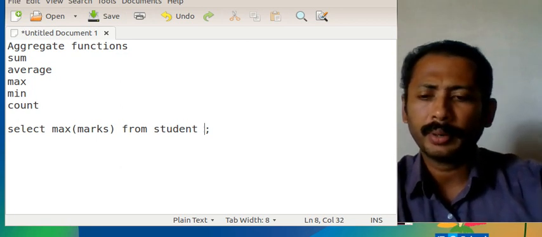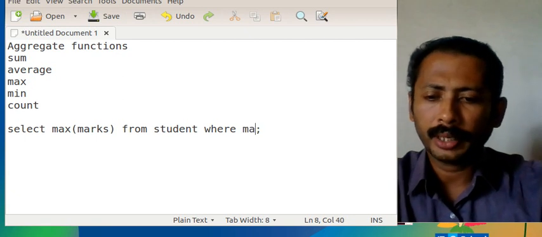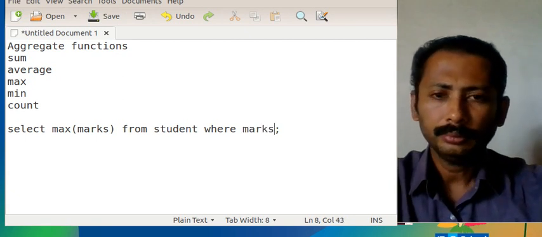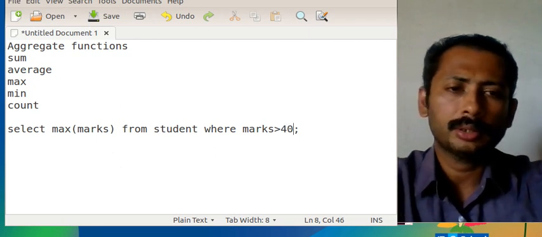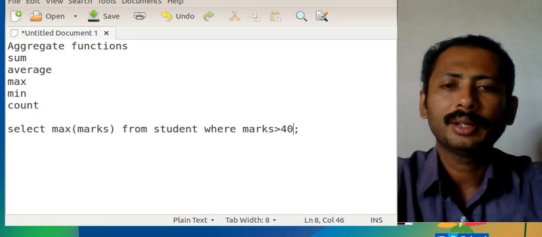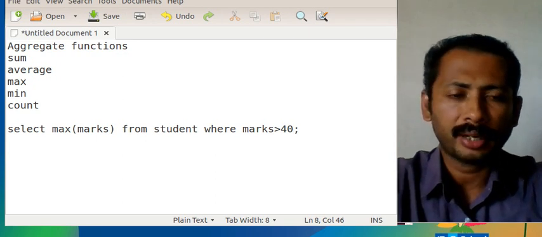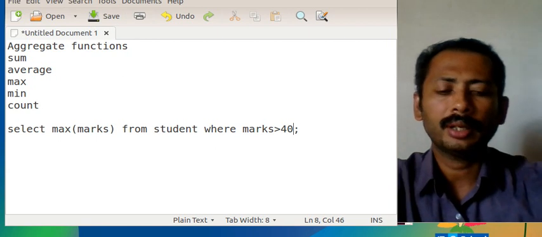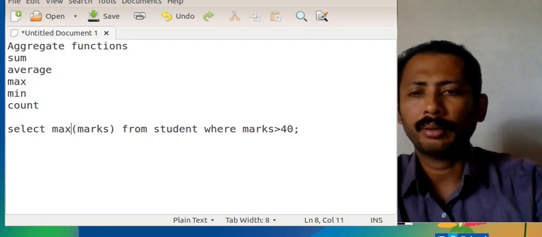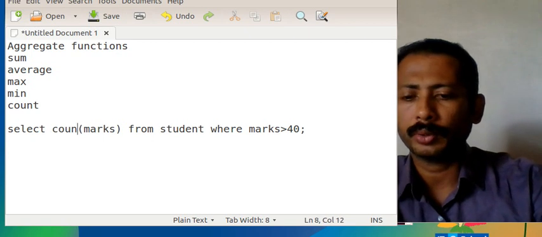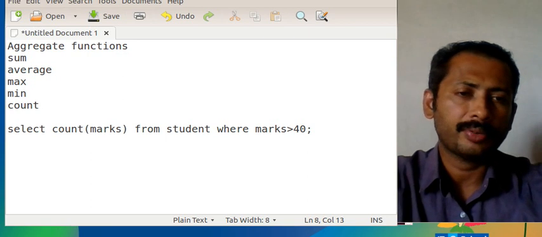Here also we can combine where: where marks greater than 40. It does not seem to have logic for this, but we can give it like this: max of marks where marks greater than 40. Then it will give the maximum of the marks which are greater than 40. But this one has some logic: select count of marks from student where marks greater than 40.